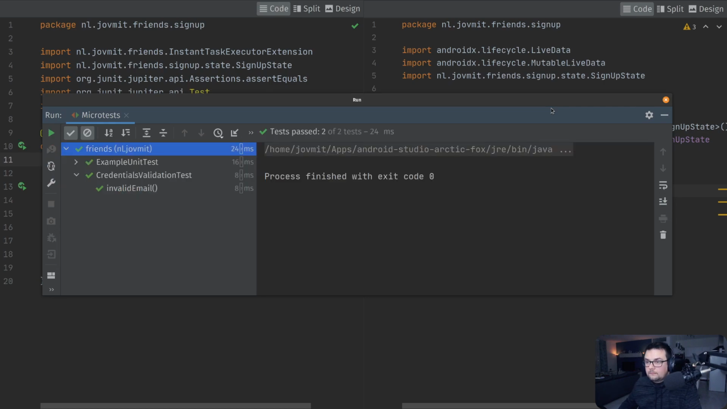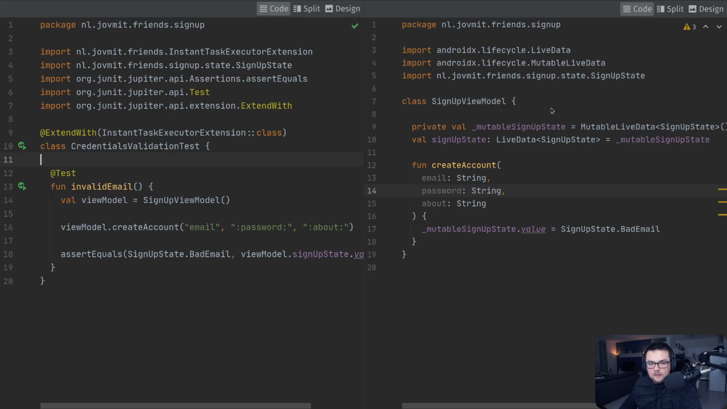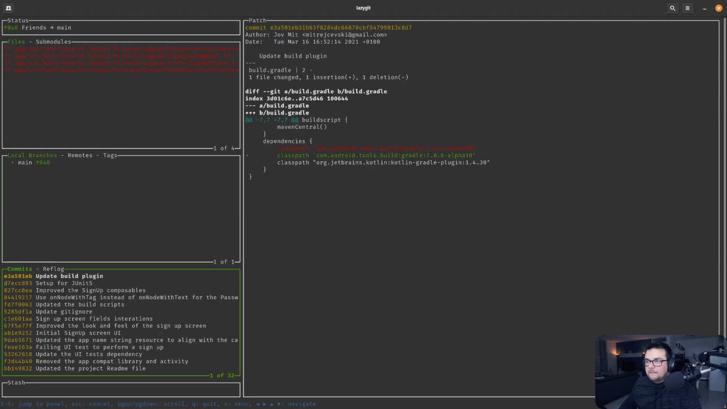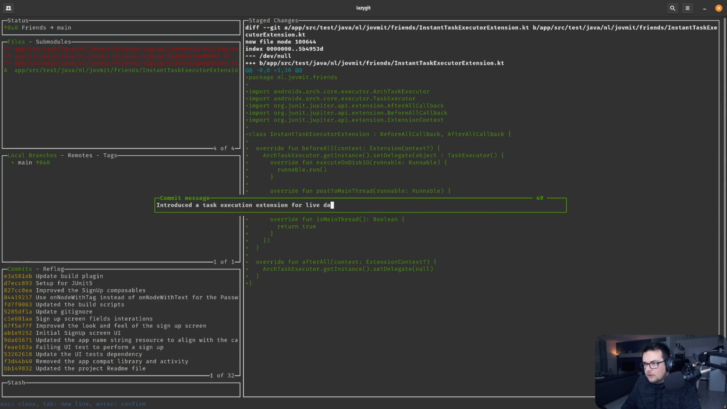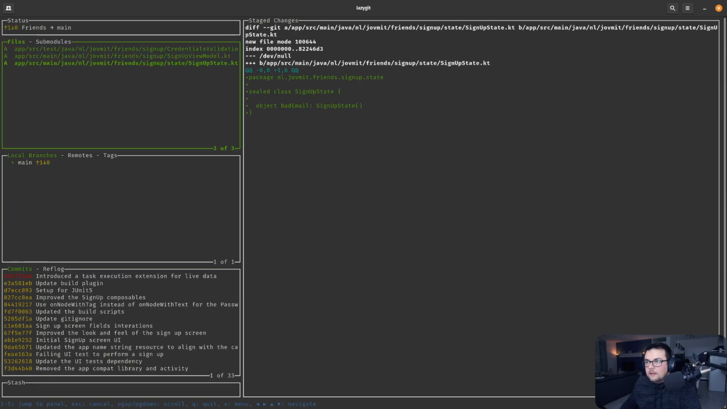Cool. So let's maybe check this in first. And I would like to split these two commits. First one, this. I would say introduced a task executor extension for LiveData, and then this one's gonna be